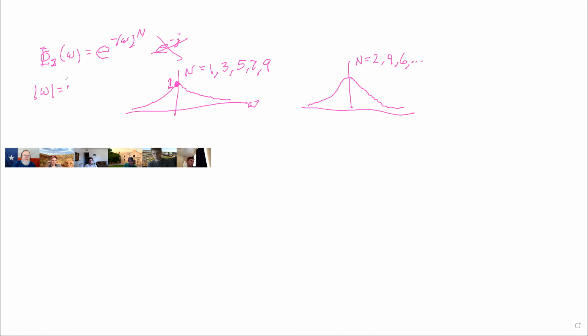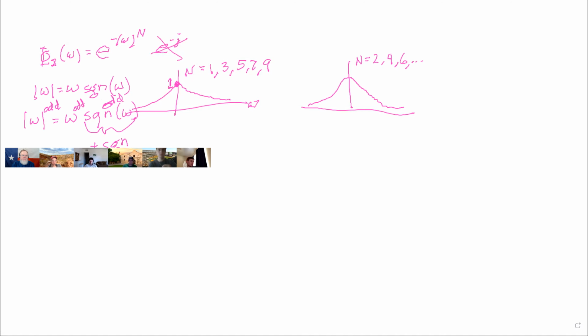And over here, you have to take advantage of the idea that omega to the n is equal to the absolute value of omega times the sign. Everybody know what the sign is? The sign is 1 for positive values, minus 1 for negative values. And if n is odd, you have omega times the sign of omega raised to the odd power, and you have the sign raised to the odd power also. And if you raise the sign to the odd power, you either get a plus or a minus sign.